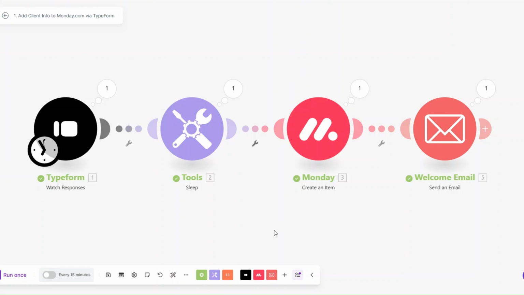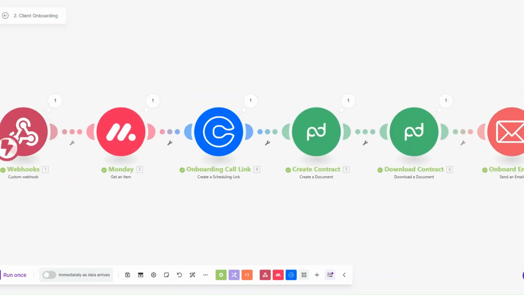The first automation that we created was an automation that captures the client's data and adds their data to Monday. This automation also sends them a welcome email. The second automation that we created was a client onboarding automation. This automation is triggered after the status of one of our clients changes to onboard. Then we're creating the onboarding call link and the contract and sending